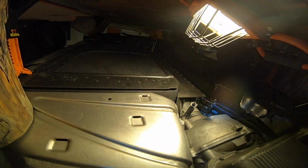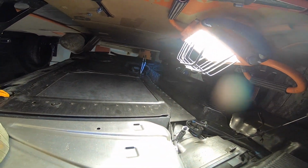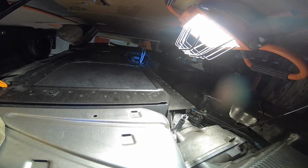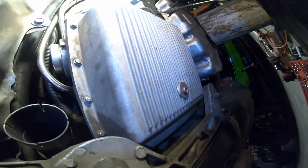I got the O2 sensors off. You can see them way over there. I don't know if you can see them or not. See right there, those white wires. I got those off, and that's about it. So next is draining the oil,